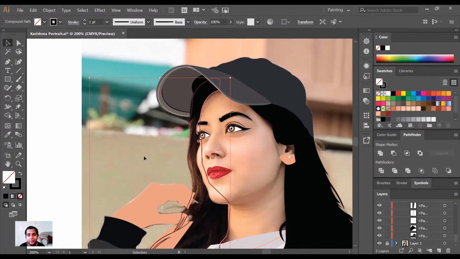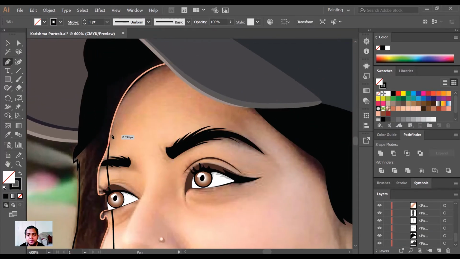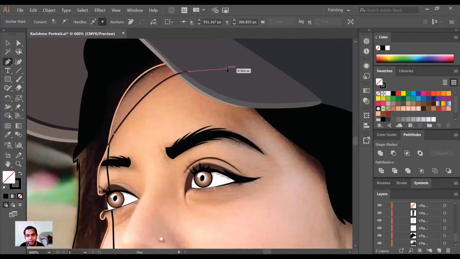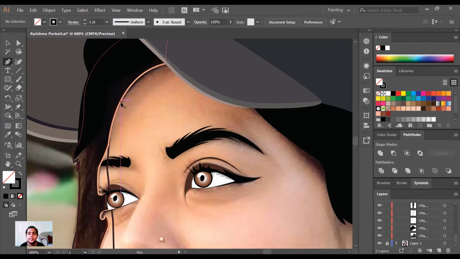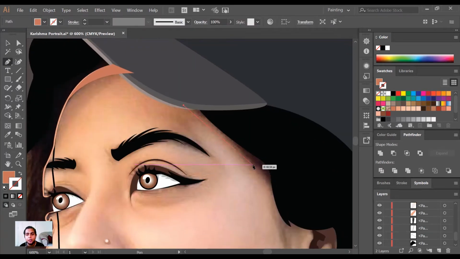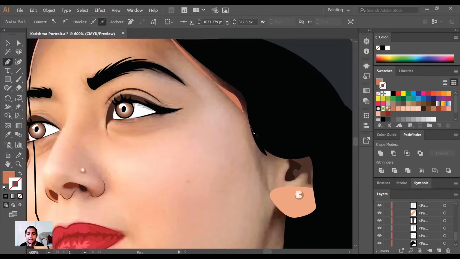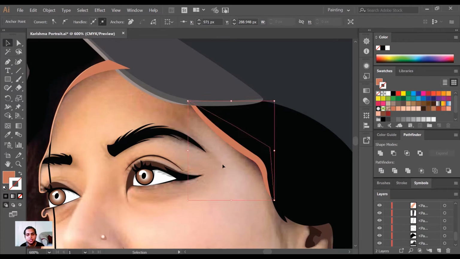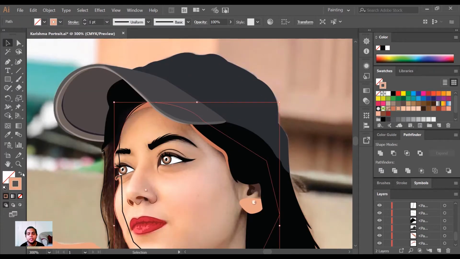Now in this part I am detailing the face. For detailing the face, what I have done is I have made a color palette from darker to lighter shade. So in this way I am just noticing the face that I have, and I am seeing the colors that I can see on its face. Thus the part that I am seeing darker, I am giving it dark shade. The part I am seeing lighter, I am giving it lighter shade.